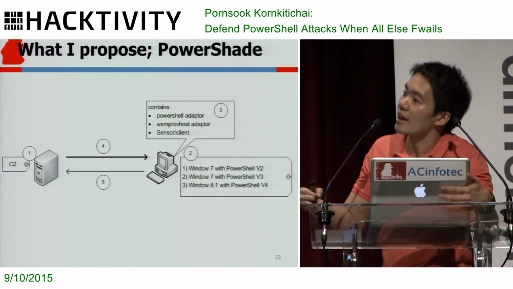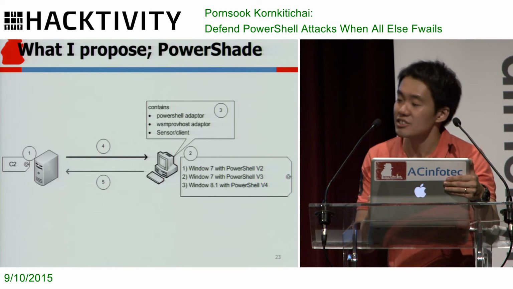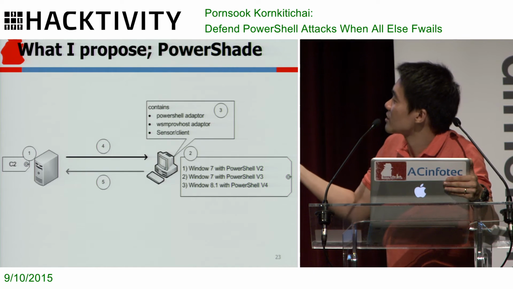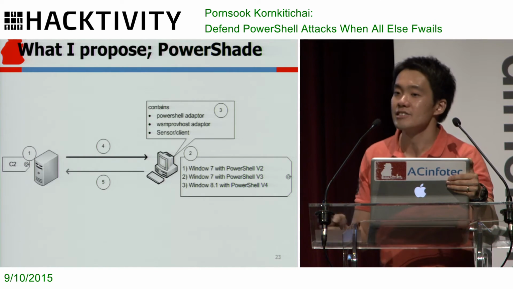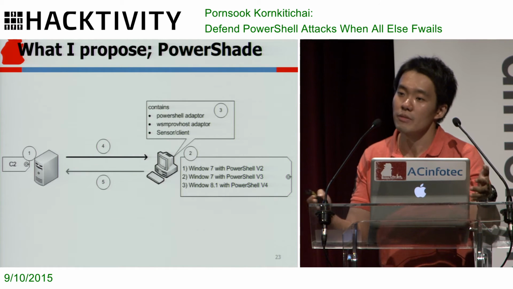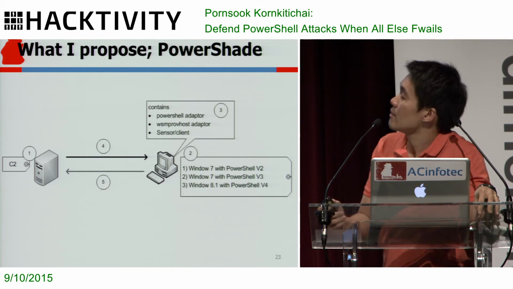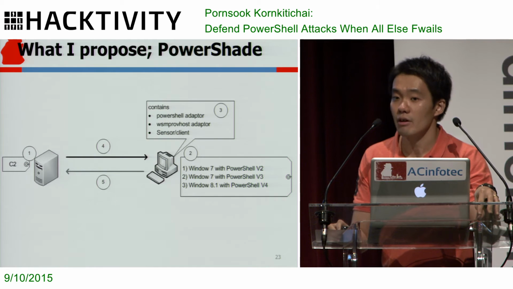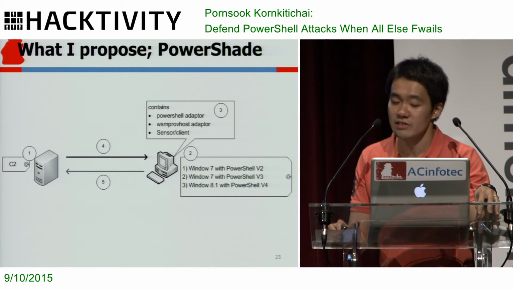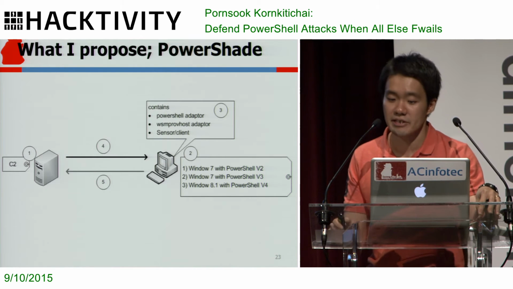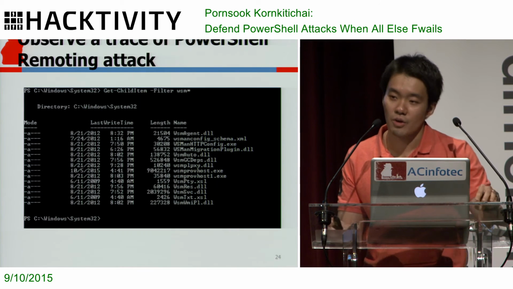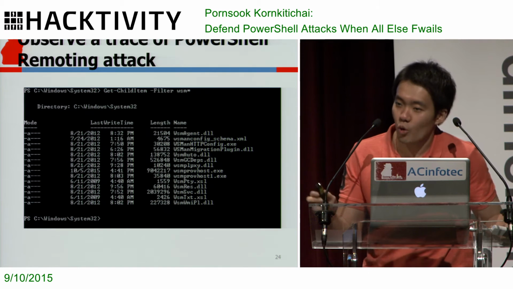The sensor runs because it needs to communicate with the C2. You can see number 4 and number 5. Number 4 is the command from the C2. Number 5 is the traffic or event information from the sensor. It is encrypted with AES encryption. So I'm going to solve the problem of